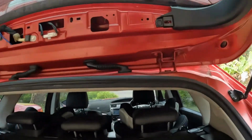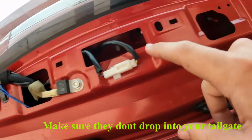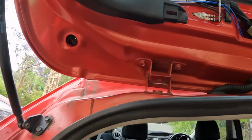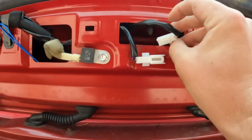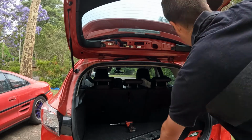Now once that's off, there will be 4 nuts, one in here, one here, one here, and another one on the other side. Take them off. Once that's done, disconnect this here. Push that out of the way. And once that's done,